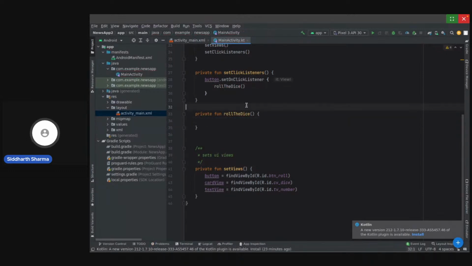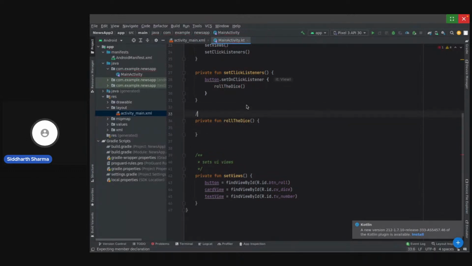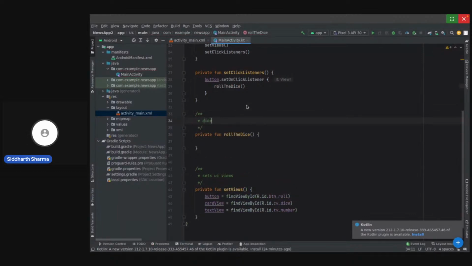And now here we have to implement how our dice will actually roll. This method rolls the dice with a random number. So how will we be rolling the dice?